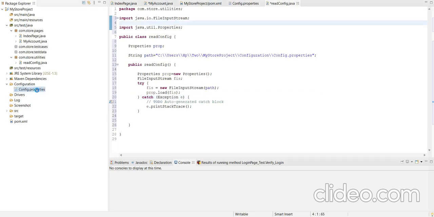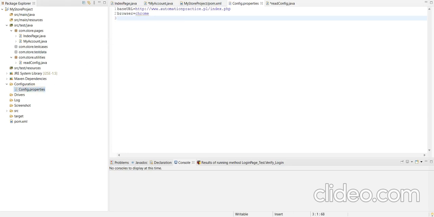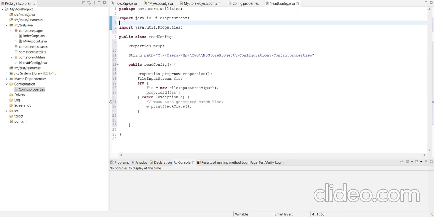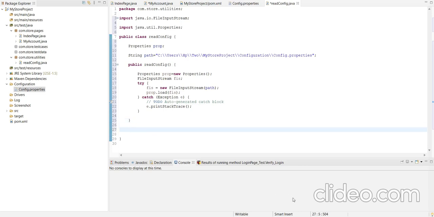Now in the config.properties file, we have two keys. We have two variables, that is base URL and browser. So to read these keys, we will create methods in the ReadConfig class file.